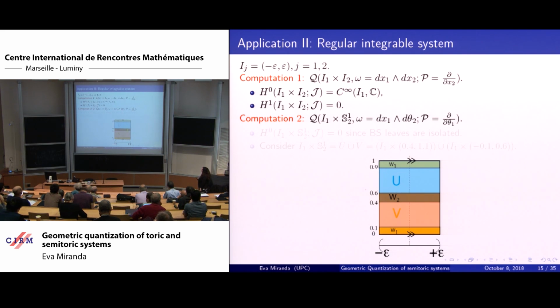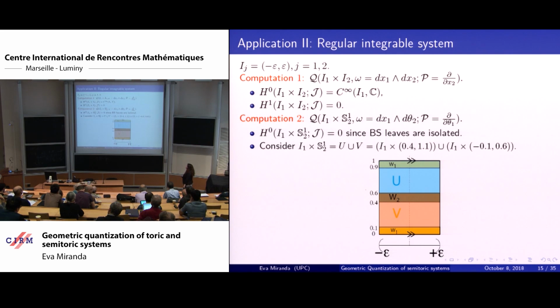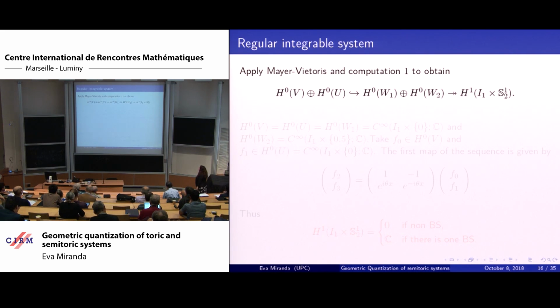What I do is take a covering of the S1 with two open sets, and I look at the intersection. Omega 1 and omega 2 are going to be the intersection, so this goes back to itself. So of course, I'm going to apply Mayer-Vietoris here. This is just an example that one can do these computations by hand if one has the patience. In this case, I look at this product as the union of two sets U and B, and the intersection is the disjoint union of omega 1 and omega 2. So I plug in my Mayer-Vietoris sequence, and I get this, because this is the intersection.